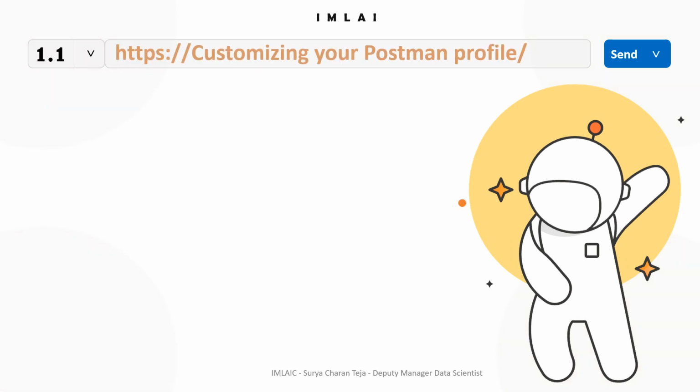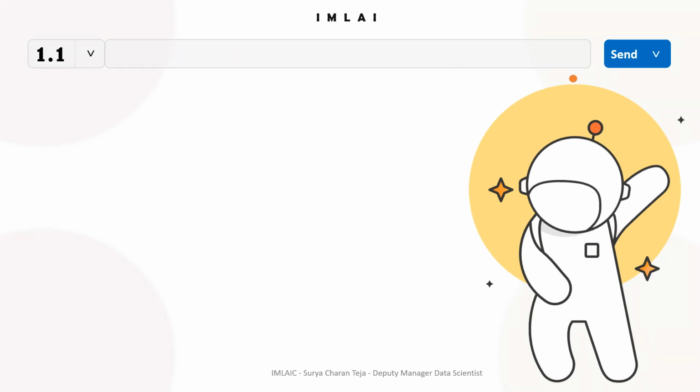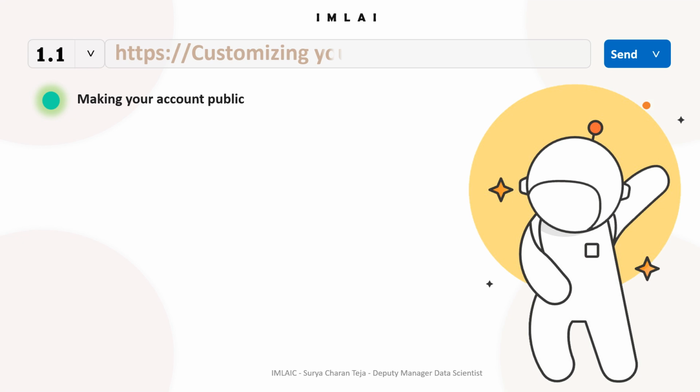We have gone through navigating the user interface of Postman. So now we will customize our Postman profile. That's where we will begin, and we will go step by step. We will explore Postman step by step. I think by following my previous videos, you also have created a Postman account. Then after you create your Postman account, we can customize